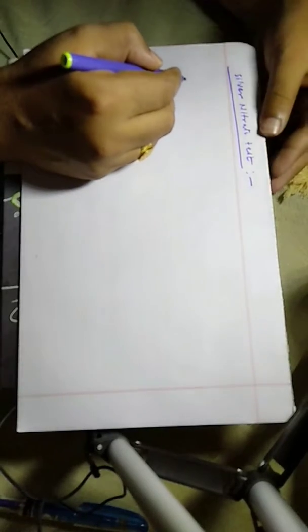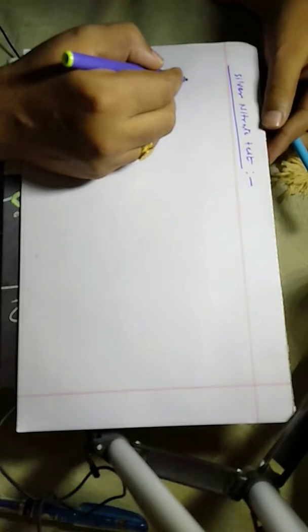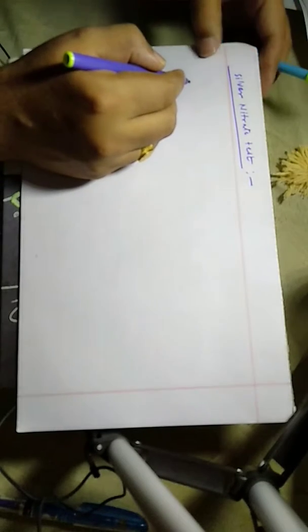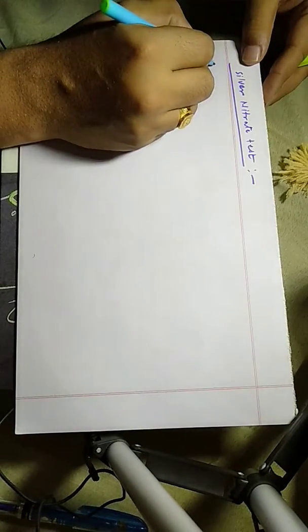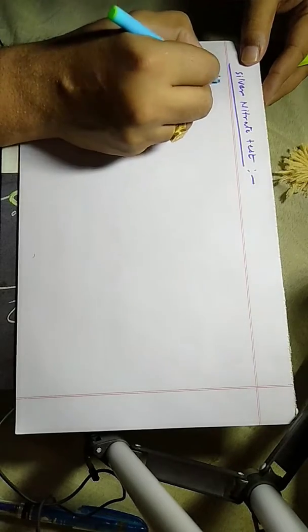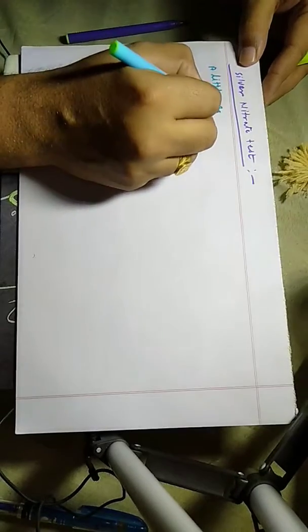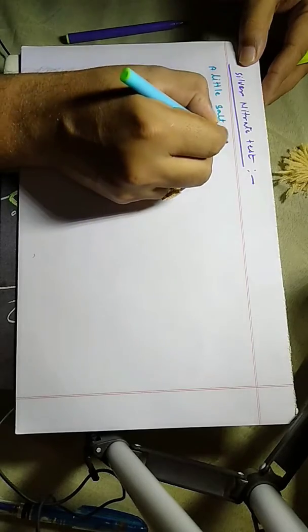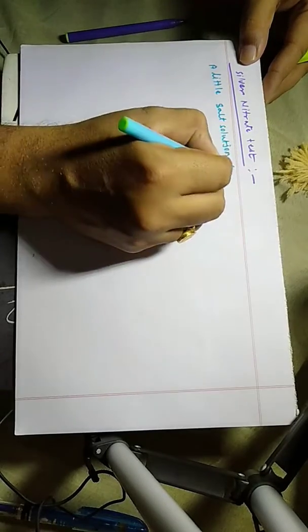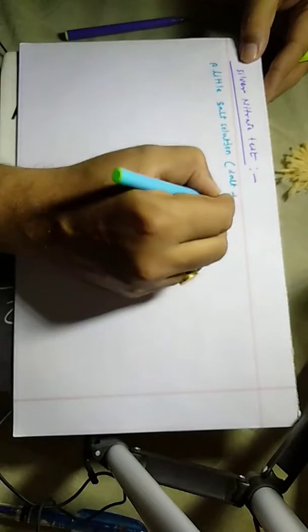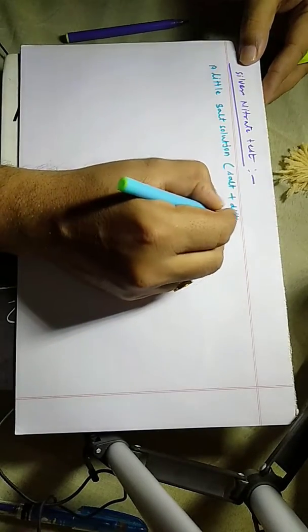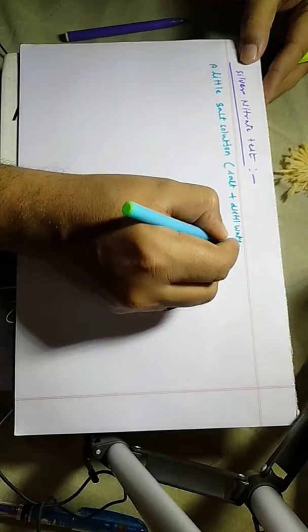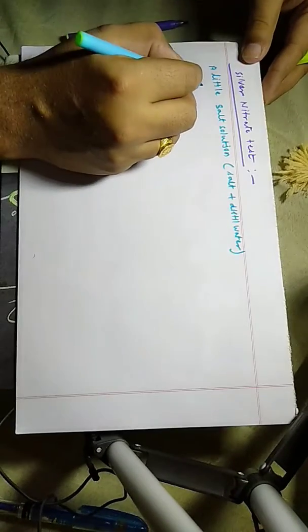How to do the silver nitrate test, that we have to understand. This is also the confirmatory test for the chloride ion. In this case, what you have to do is take a little salt solution, which means salt plus distilled water, and